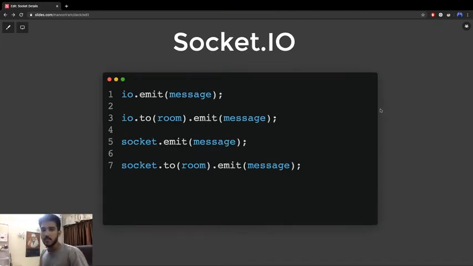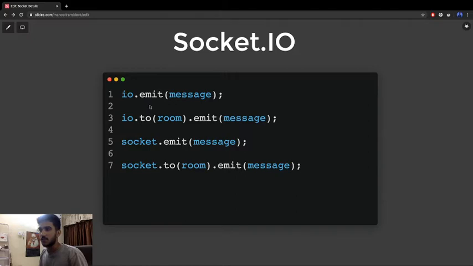So hi guys, in the last video we have set up the socket connections, and in this video we'll try to finish the app and set up all the socket connections between the server and the client. And okay, as you can see on the screen I have these four commands here. These are the four basic commands that happen between the server and the client.